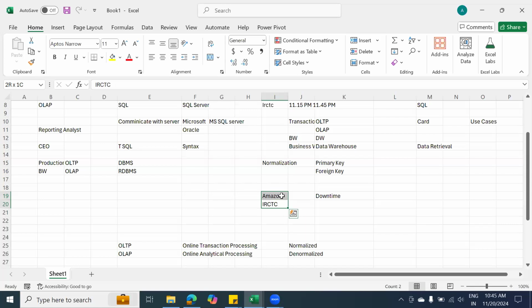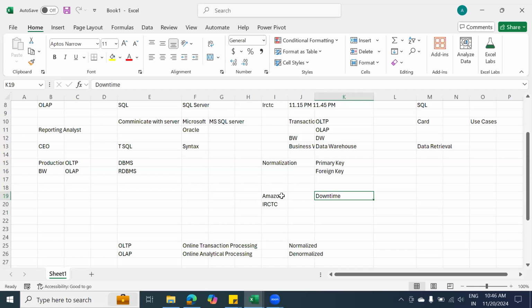Obviously, they're dealing with a lot of transactions data here. So here we have huge data. Basically, we have huge data volume on the IRCTC website. Actually, you don't have to keep this downtime, but to be on the safe side, they are keeping a restriction. They are not allowing to book any tickets here. That's intentional.